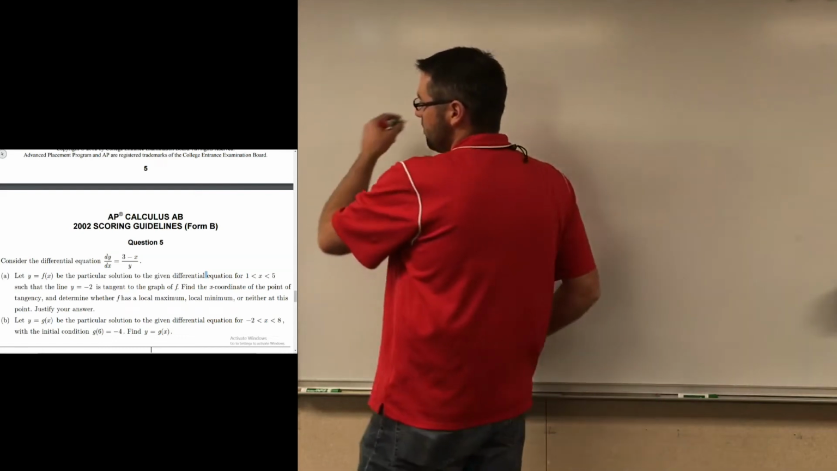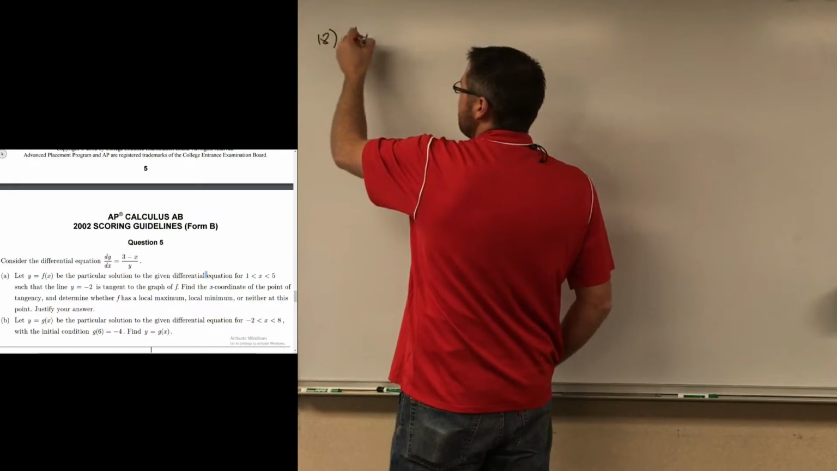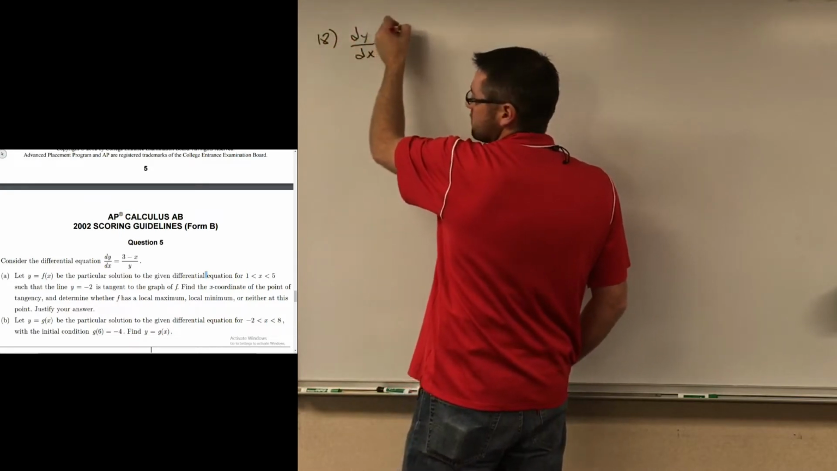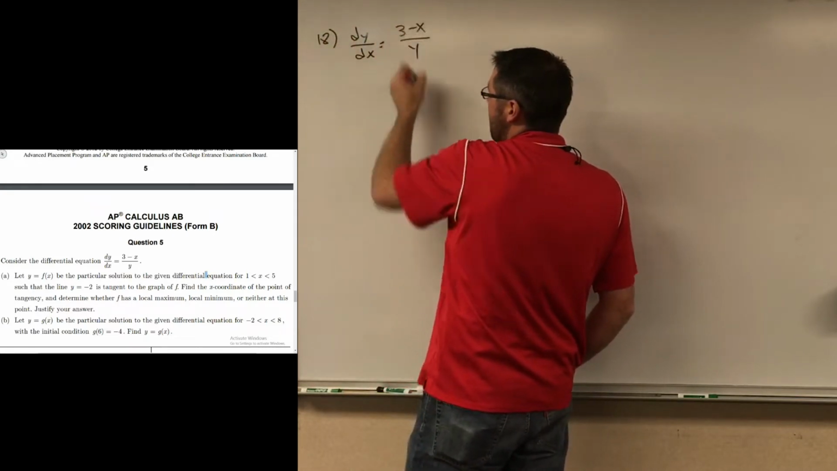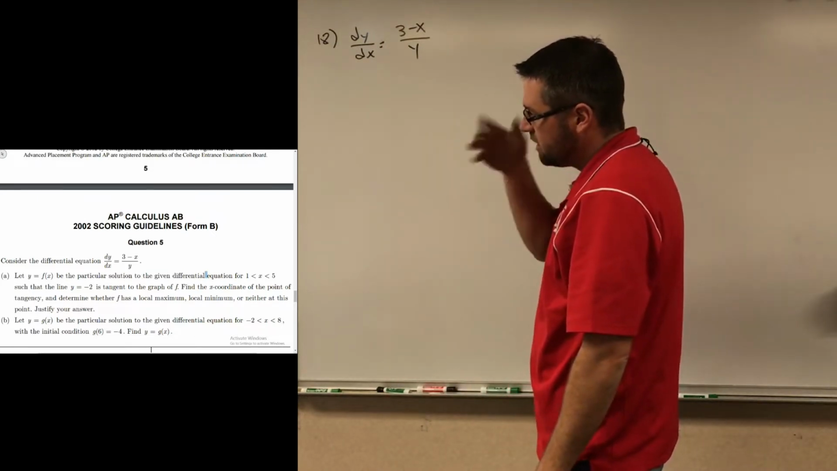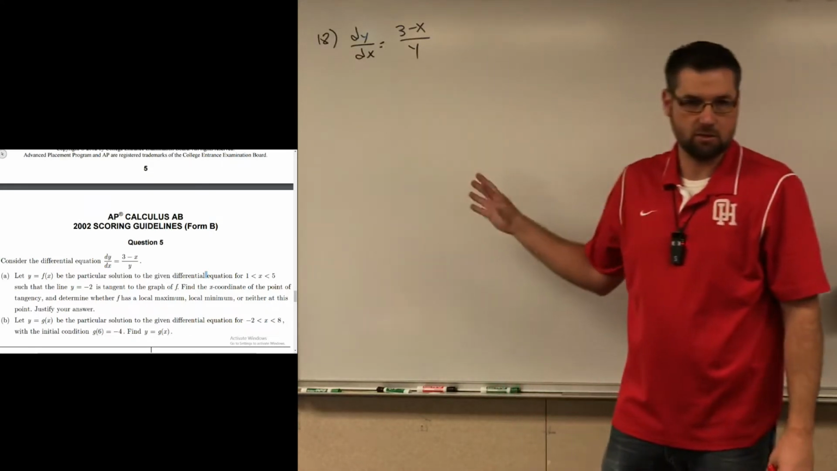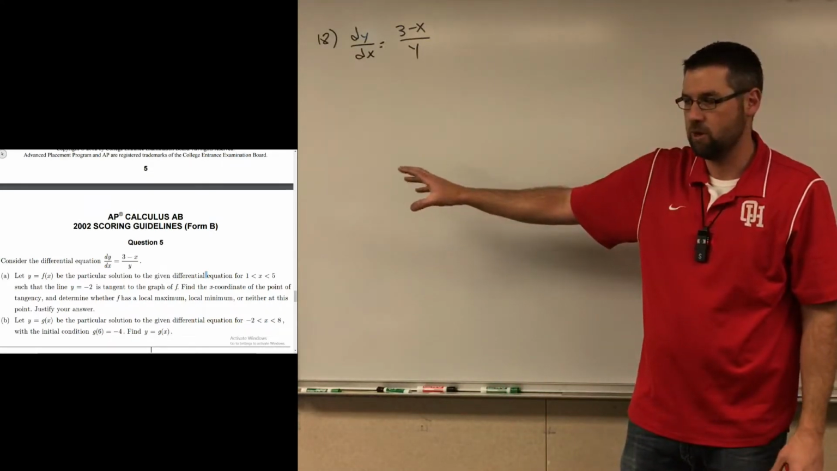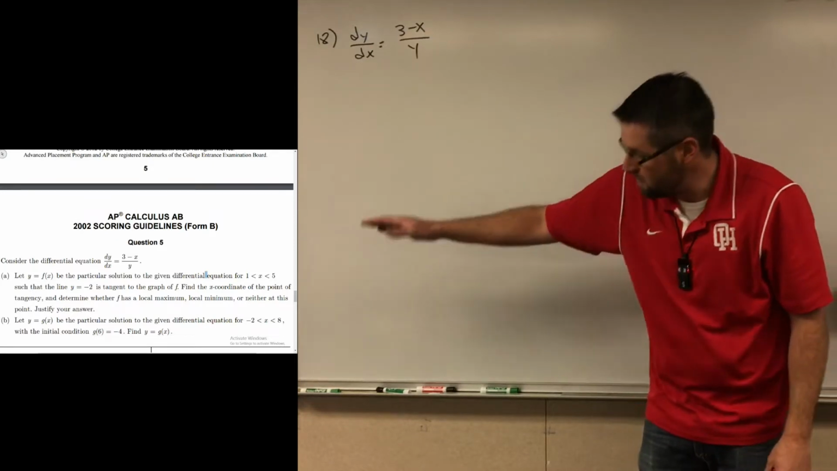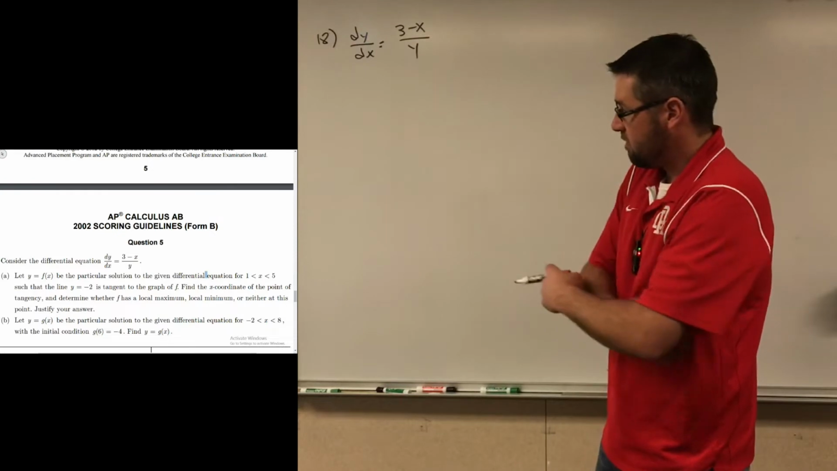All right, number 18. You've got dy/dx equals 3 minus x over y. Now, part A is a little odd. We're not solving this, we're not finding the particular solution. Part B, we are. Okay? Part A, we are looking for,